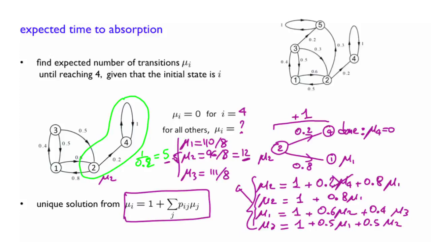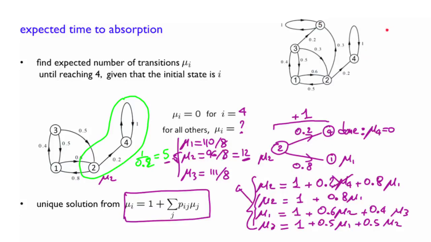Well, first of all, a quick note. You realize here that you have 1, 2, and 3 as transient states, and indeed here you have 4 as an absorbing state. It's a recurrent state, and once you get to it, you stay there forever. And 5 is also a recurrent state, and once you get to 5, you stay there forever. Right? So 4 and 5 are both absorbing states. And in the previous video, we had seen how to calculate the probability of ending up in 4 as opposed to ending up in 5.